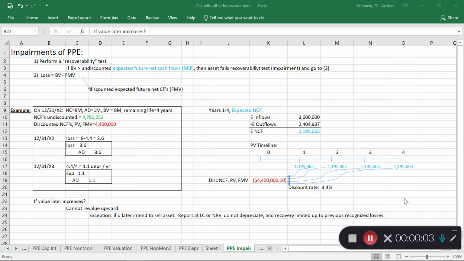The purpose of this video is to explain the rules for testing property, plant, equipment for impairments. And it's a two-step process for testing your property, plant, equipment. And this concept of testing for impairments is really more broad than just property,